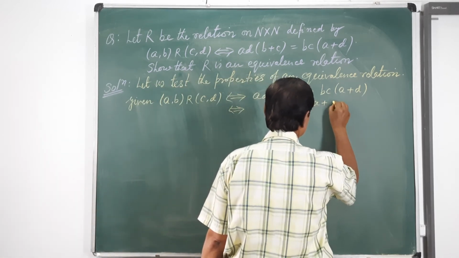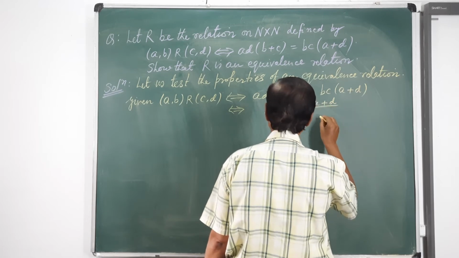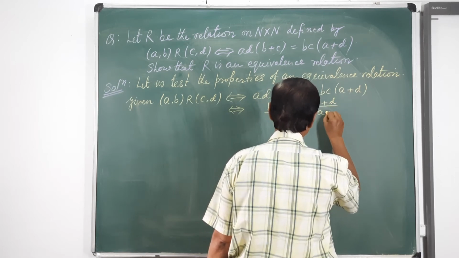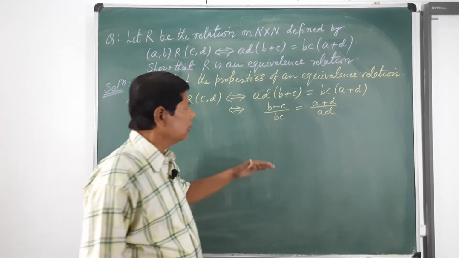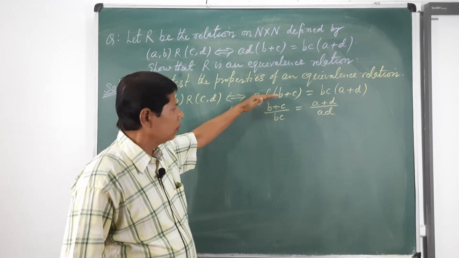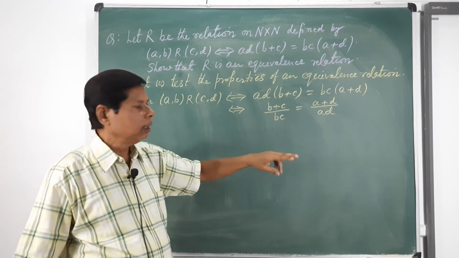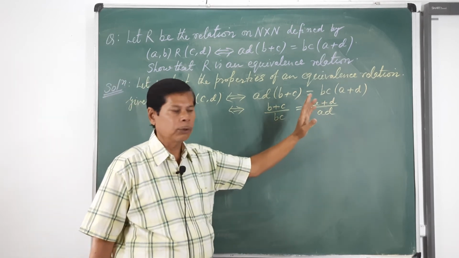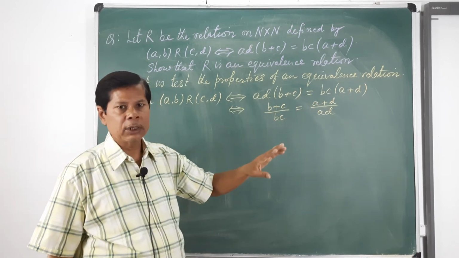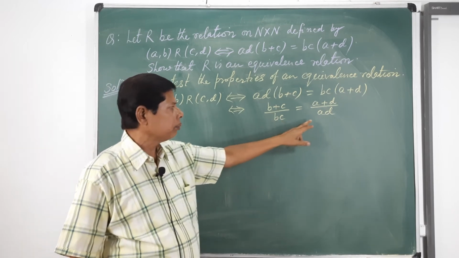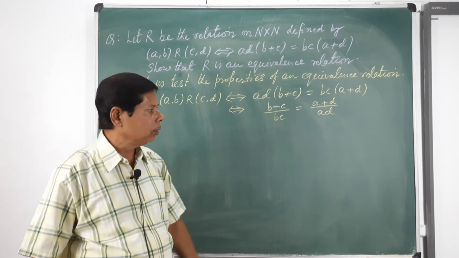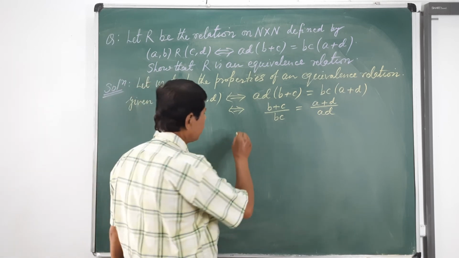Likewise, this is (A plus D) by AD. Now, whenever we are writing from the product form to the division form or quotient form, we must ensure that the denominator is not equal to 0. As A, B, C, D are natural numbers, the products BC and AD will not be equal to 0. Now, this implies and is implied by,